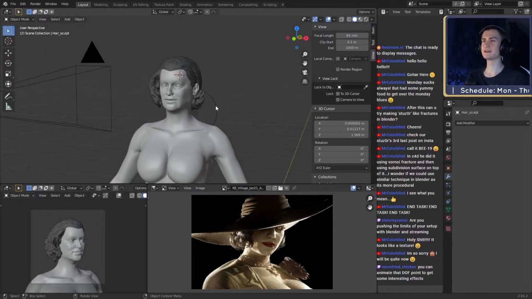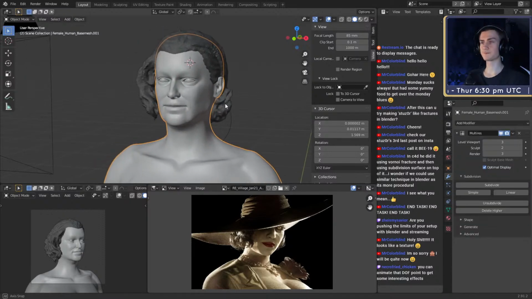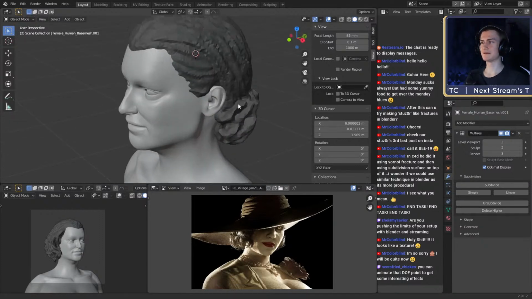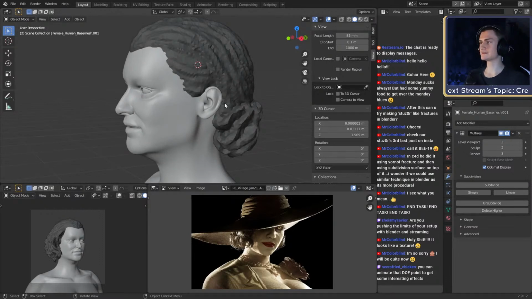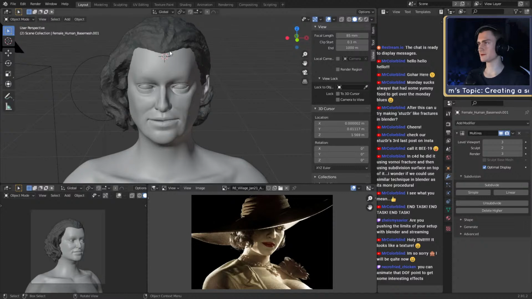I think I did 2 characters so far where I used hair cards, and I can show you one of them. I think one of them looks pretty cool. The one I show you now is the first finished character where I used this hair card technique. I did an exercise first before that character.